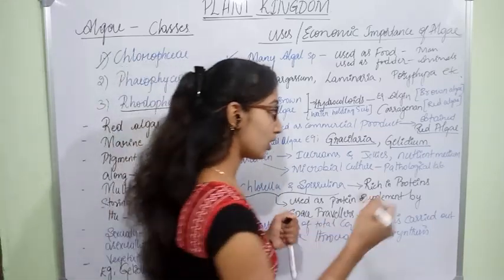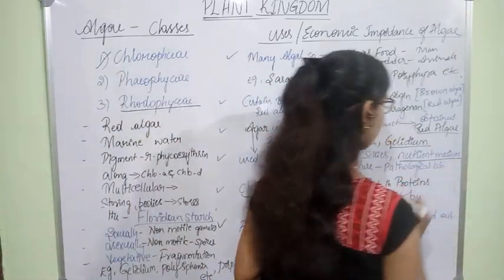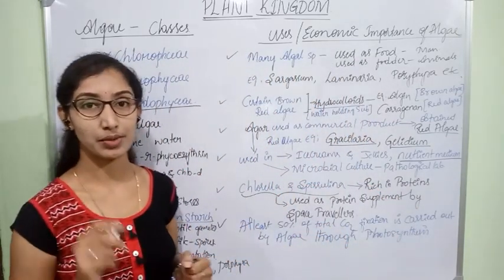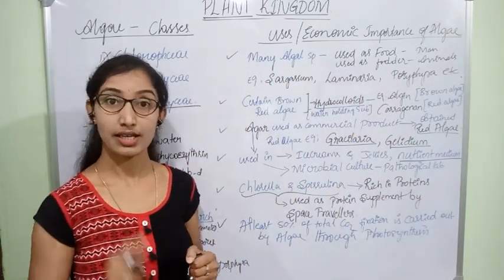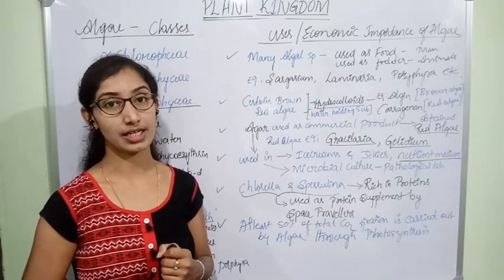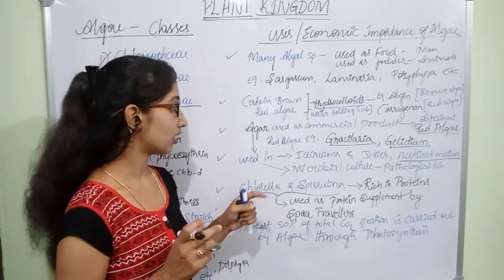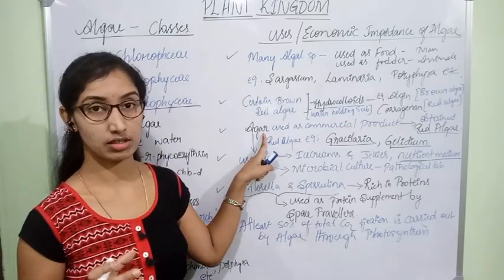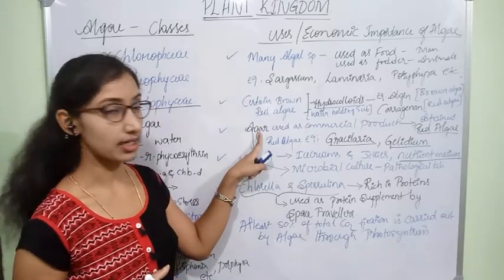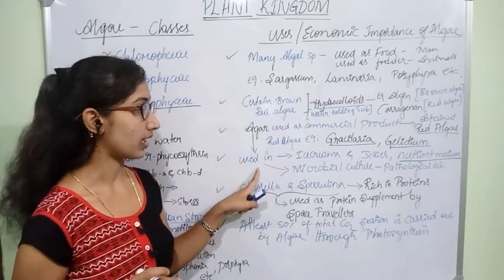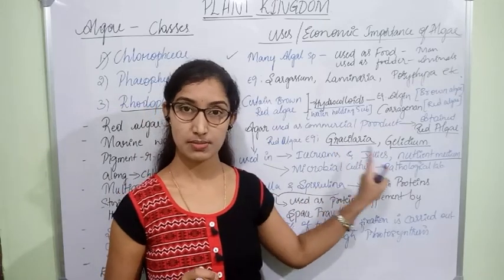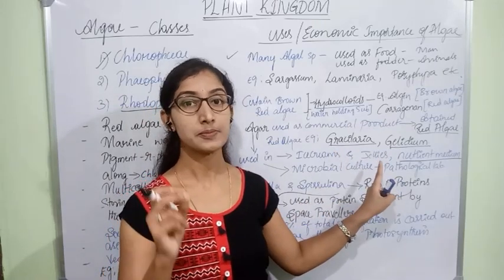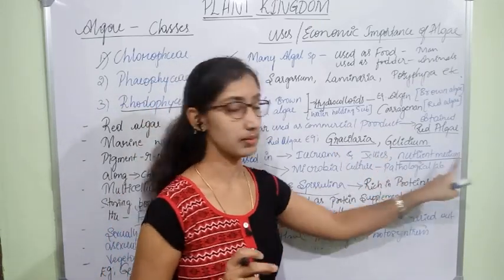As we all know, usually in laboratories the nutrient media are made up of agar. So even there we are using agar as the main ingredient. So agar is used in the preparation of ice creams and jellies, as well as the nutrient medium in